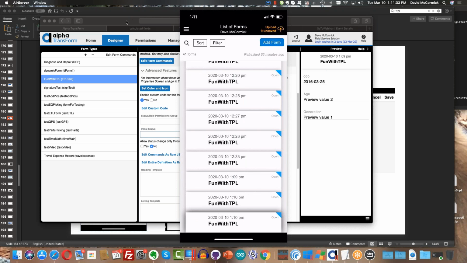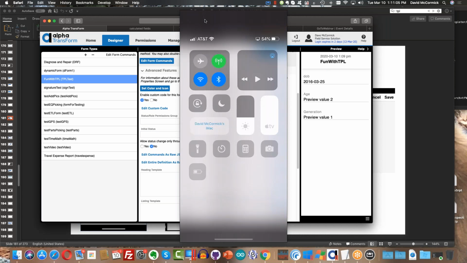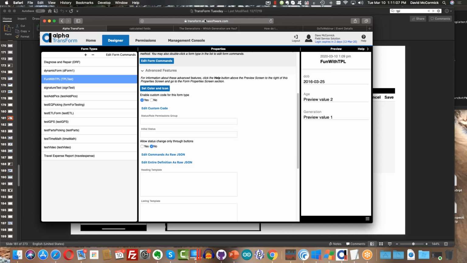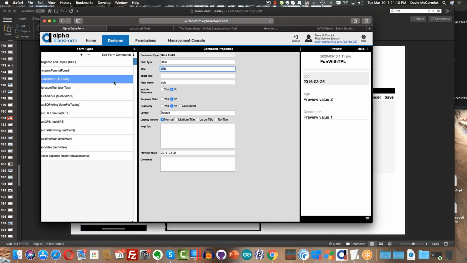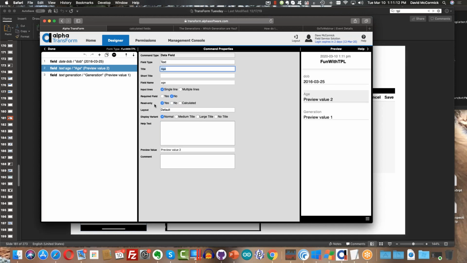Let me just go through it one more time. Close this down. Okay. So when you build a form, you'll probably want to have a calculated field. You set them up like you would any other type of field, including ones that you'd fill in by hand. But after you set them up, there are two important things you need to do. The first is you should give that field a proper field name, and not just field 1, field 2, or field 3, as the default would otherwise have it be. The second thing you want to do is mark that field as read only,